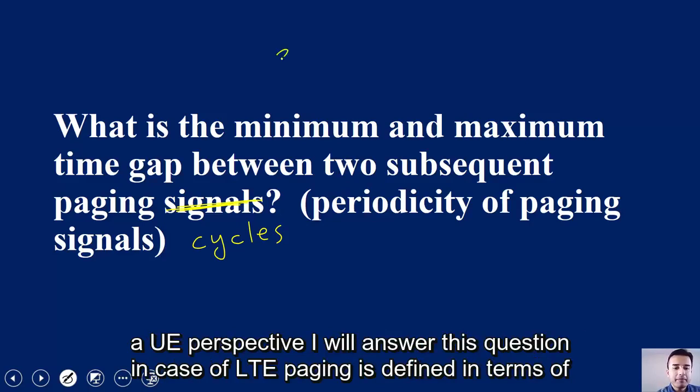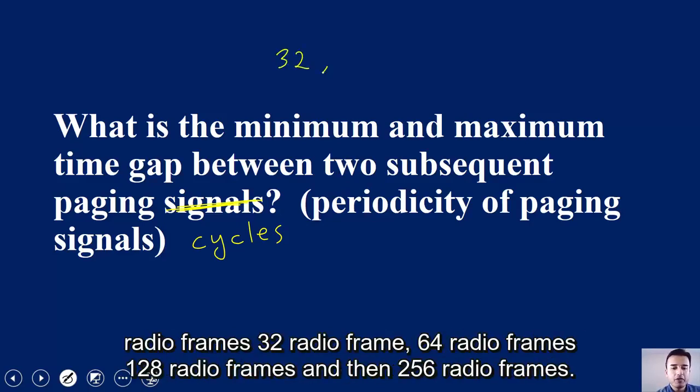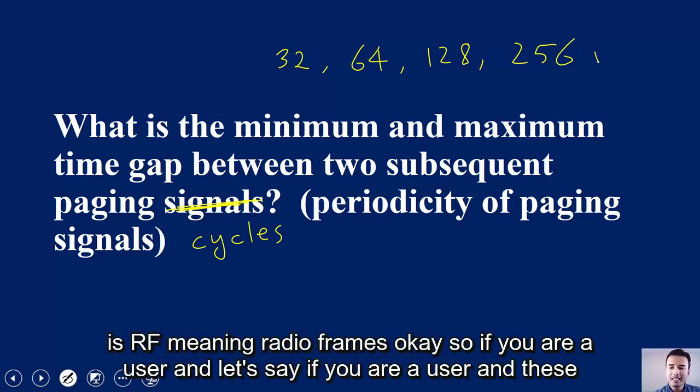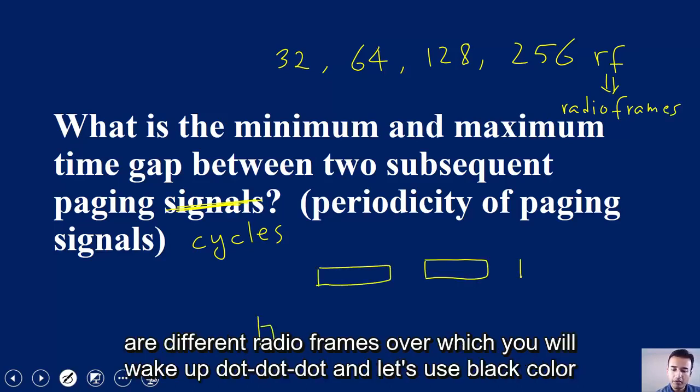In case of LTE, paging is defined in terms of radio frames: 32 radio frames, 64 radio frames, 128 radio frames, and then 256 radio frames. These are the different paging cycles which you can configure in the network, and the unit for this is RF, meaning radio frames. Okay, so if you are a user, and these are different radio frames over which you will wake up,